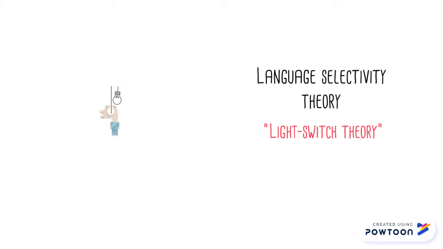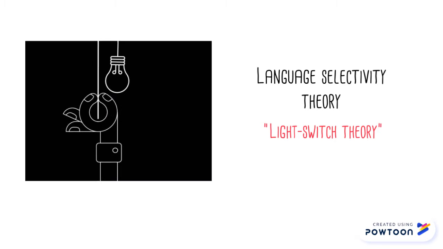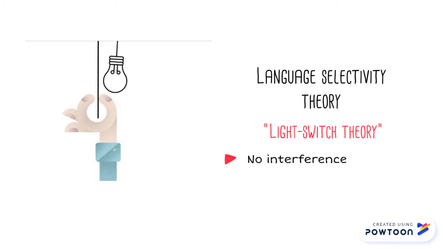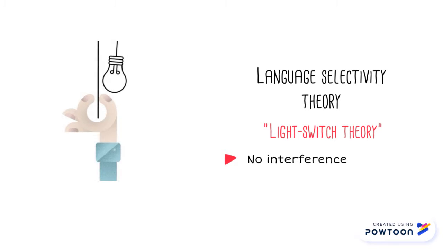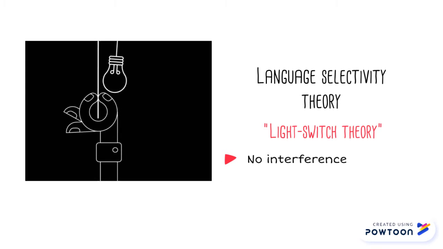The first theory is called the language selectivity theory, or the light switch theory, and it predicts that multilinguals won't experience interference from one language when using the other. For example, if a person knows both English and Spanish, they could carry on a conversation entirely in Spanish without